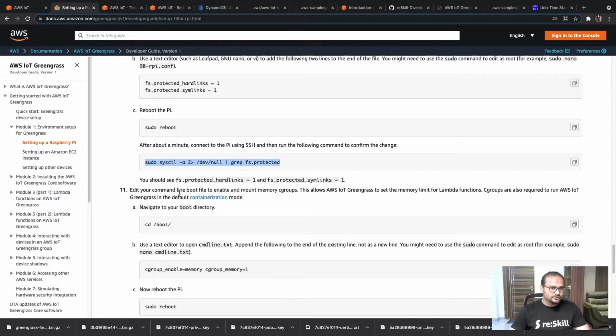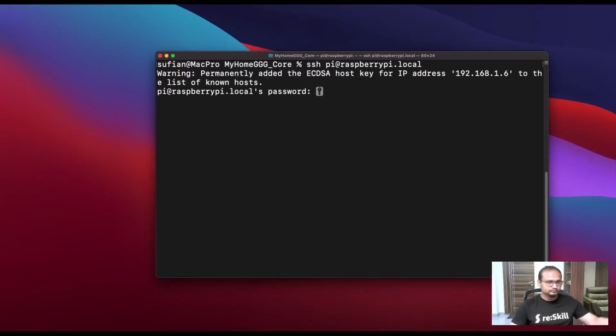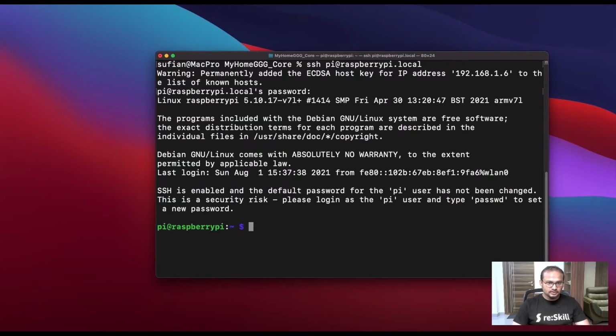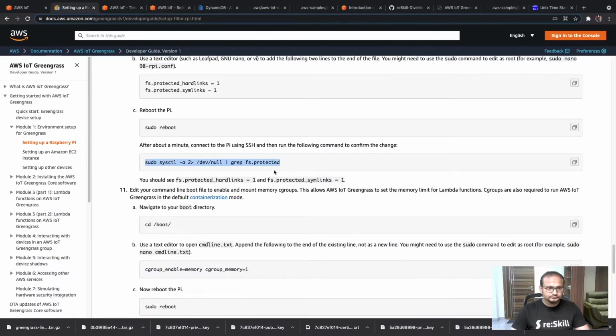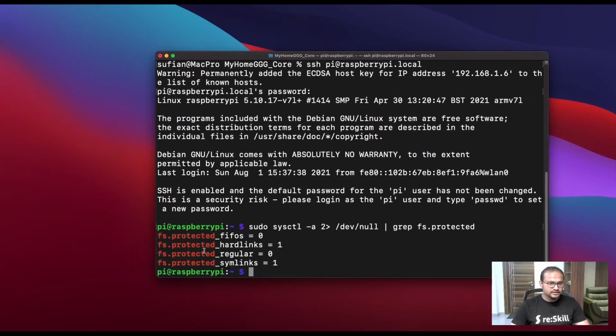When we do that, we should be able to see that both the file system protected hard links and symbolic links should be equal to 1. Okay, let me try connecting again. Okay, connected. Copy it, paste it. Here it says fs.protected_hardlinks equals 1, symlinks equals 1, which is good.